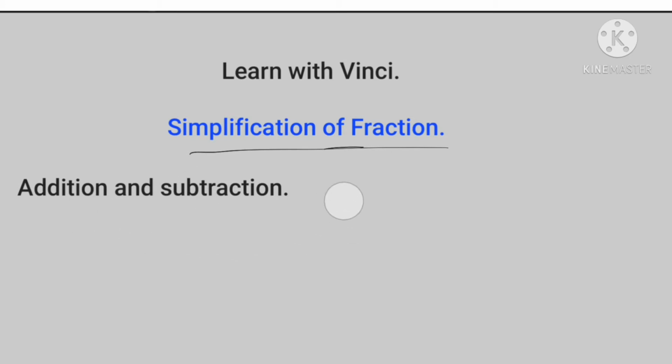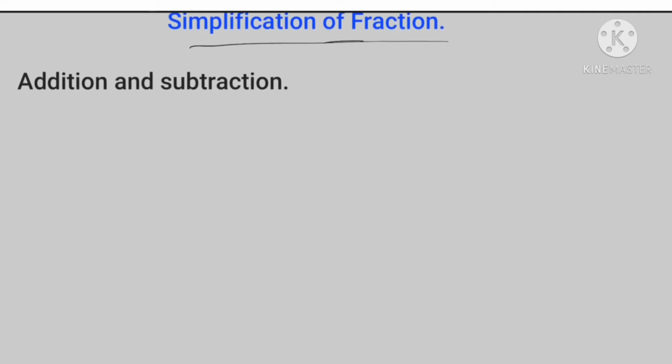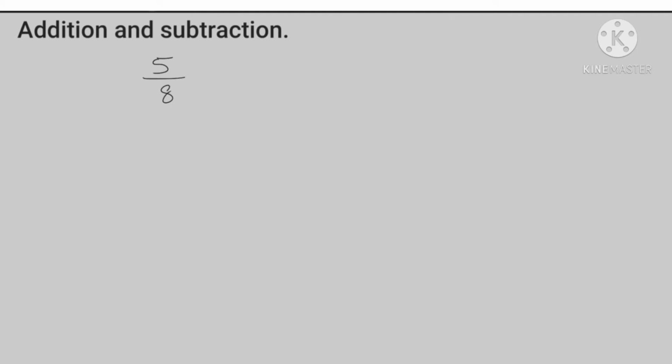So why don't we begin the video by showing you one sum, which is quite easy to do, but we need to know the correct steps. Addition and subtraction will be included in this sum. There are two variations. The first variation is that the plus sign is in the front and the minus sign is at the back of the sum. But the sum I'm going to explain right now is 5 by 8 minus 7 by 12 plus 5 by 6.